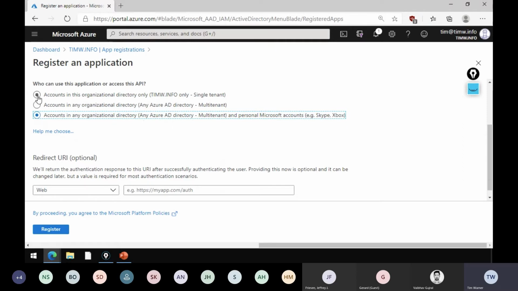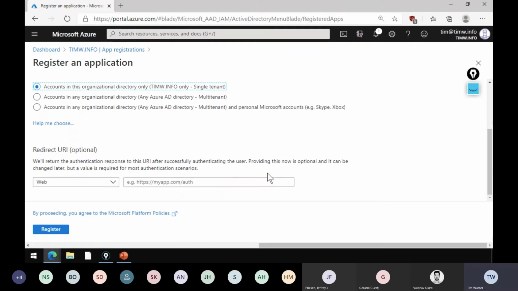Now you might be thinking, well, what if we're actually going to develop a mobile app that's going to be customer facing, and we want to support things like profiles and in-app purchases? We're going to make so much money, we're going to just have the time of our lives. Is this Azure Active Directory really the best fit for that? Well, hold on to that thought for a second.